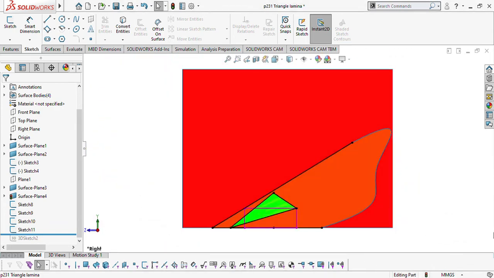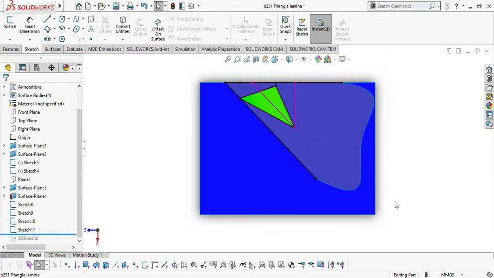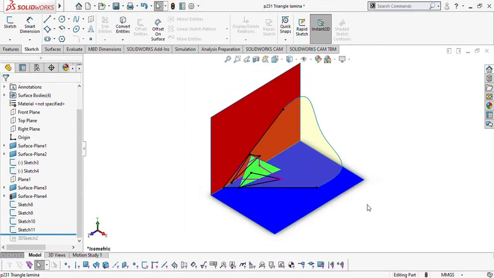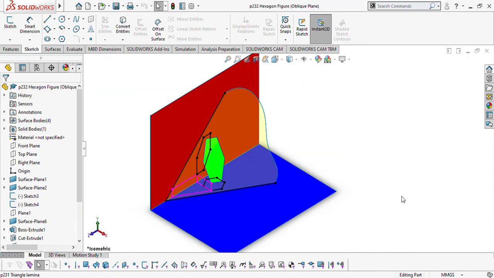So we see our elevation, it looks like that. We see our trace there. In plan, we have our view like that, and you can see our trace there. And then just in 3D, if you're to sketch it out in 3D, it would look something like this, showing how it all works. For the other one, I just did a quick model of the